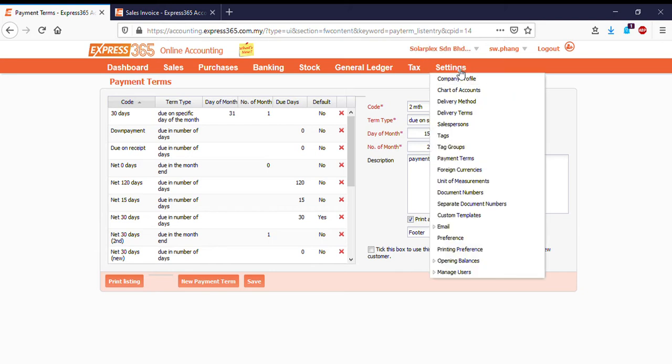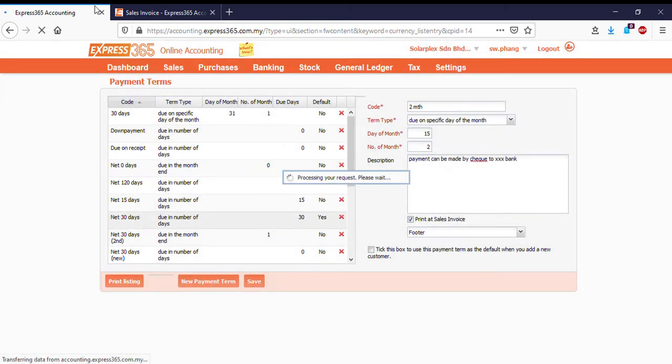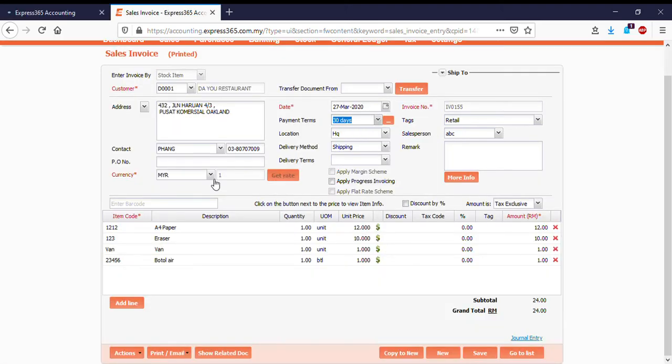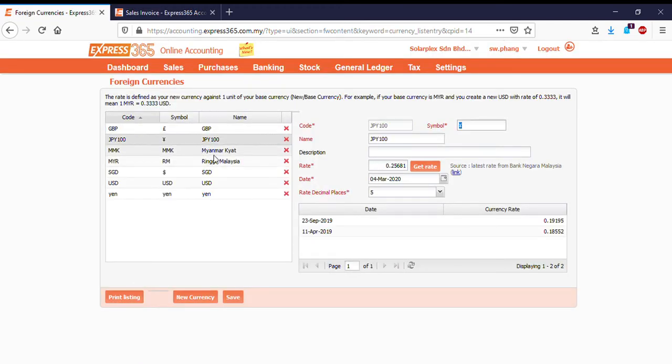Okay, so this is for payment terms. Foreign currency, once again, if you go to your sales invoice, you can see that there's an option for different currency. Okay, so if you are doing multiple currency, you need to set up your currency over here. So you click on new currency, for example, you put in the symbol, you put in the name,